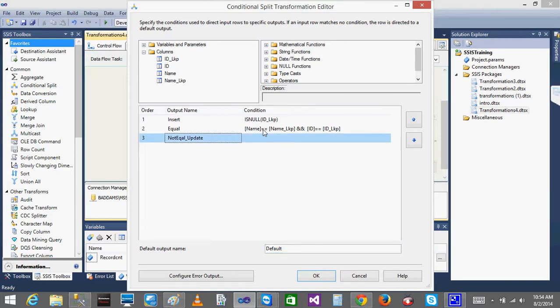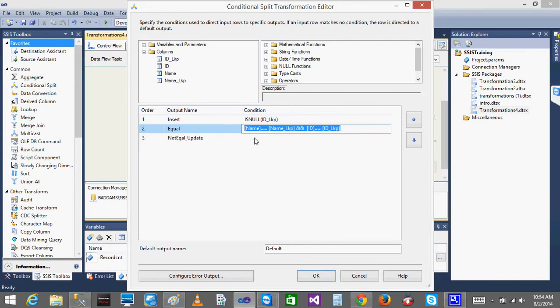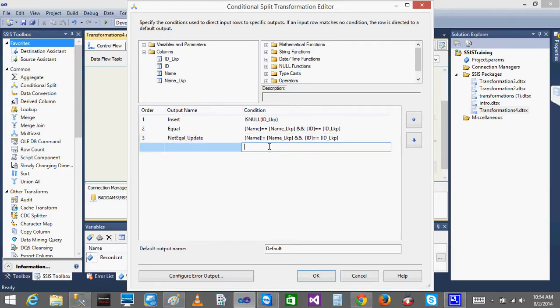So these are the three things. For this purpose I will copy the same scenario, where the name is not equal. I don't know whether the not equal symbol is this one, just check it, yeah, okay, working. If the ID is equal but the name is not equal, then only that record should update. If the name is equal and the ID is equal in the destination and the source, then I don't want to do that, that's it, done.